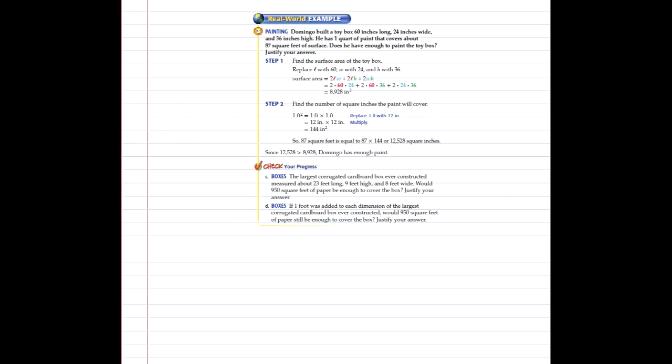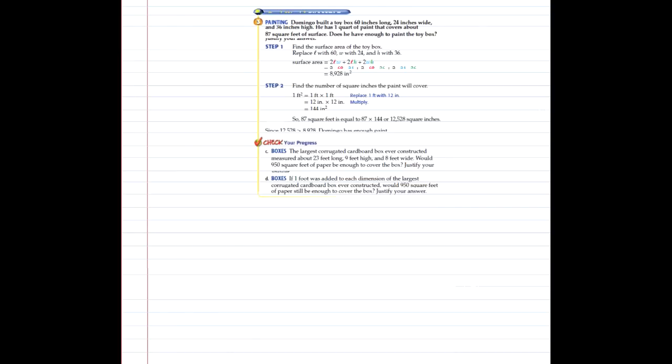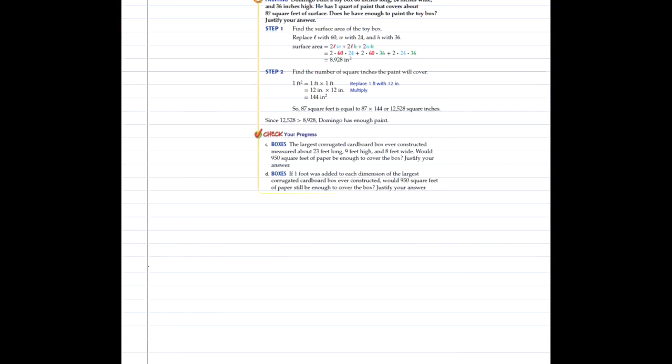Example C. The largest corrugated cardboard box ever constructed measured 23 feet long, 9 feet high, and 8 feet wide. Would 950 square feet of paper be enough to cover the box? Justify your answer. Well, 2 times length times width would be 2 times 9 times 23 plus 2 times length times height would be 2 times 9 times 8 plus 2 times width times height would be 2 times 8 times 23, which gives us 414